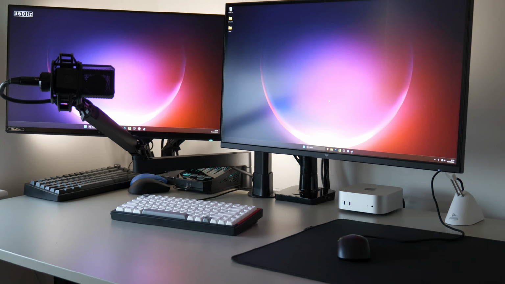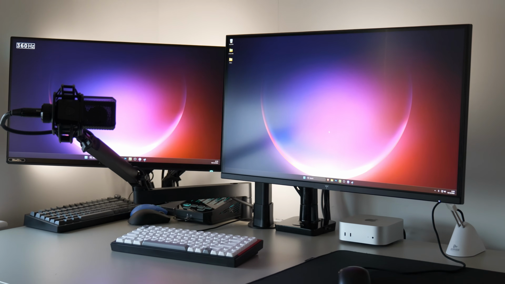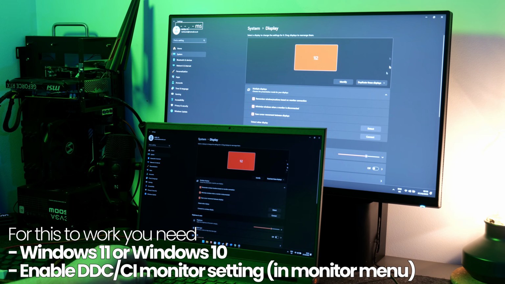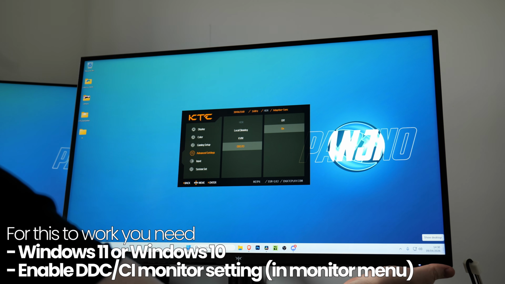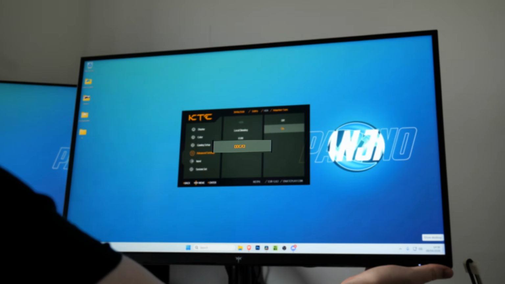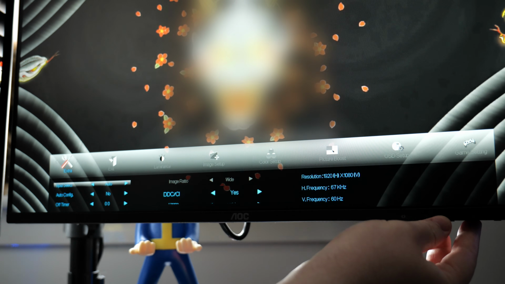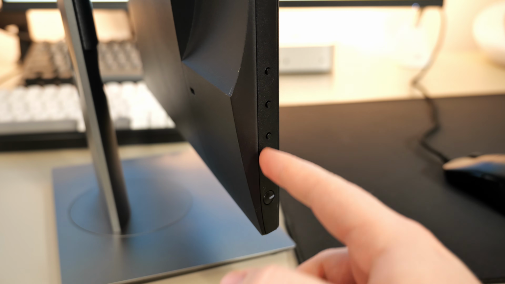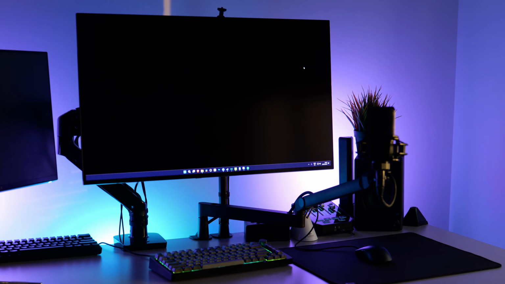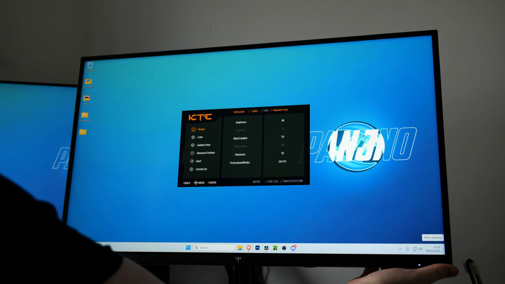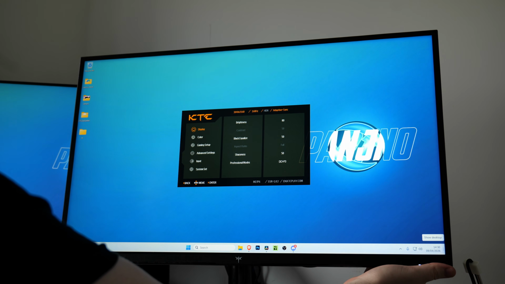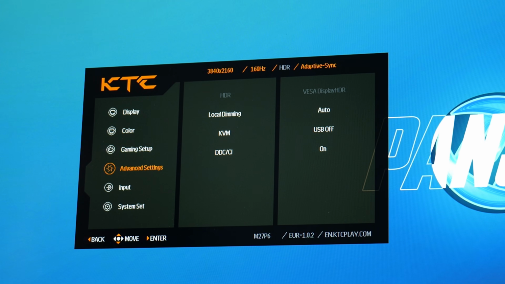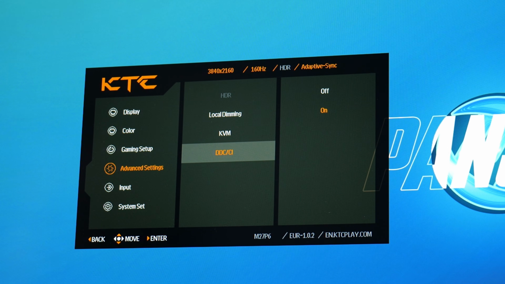The only requirements for Twinkle Tray to work on your system is that you need to be using Windows 11 or Windows 10, and your display, whether it's a desktop or laptop display, needs to support DDC/CI, which is the Display Data Channel Command Interface. This setting on your display will allow changes to the monitor settings without utilizing the actual buttons on the monitor. It's available on practically all PC monitors, and to enable it, go into the display settings, typically by pressing the buttons on the side, or you may have a joystick. On this display, if I navigate down to advanced settings, I can find DDC/CI, go into this option and ensure